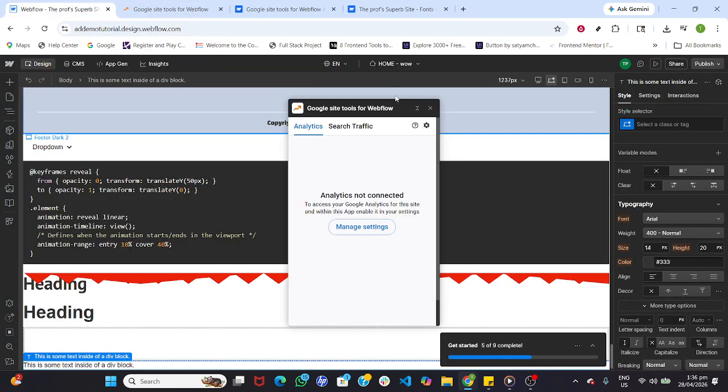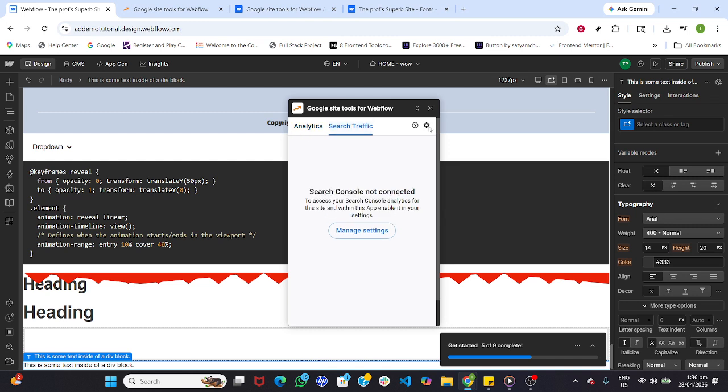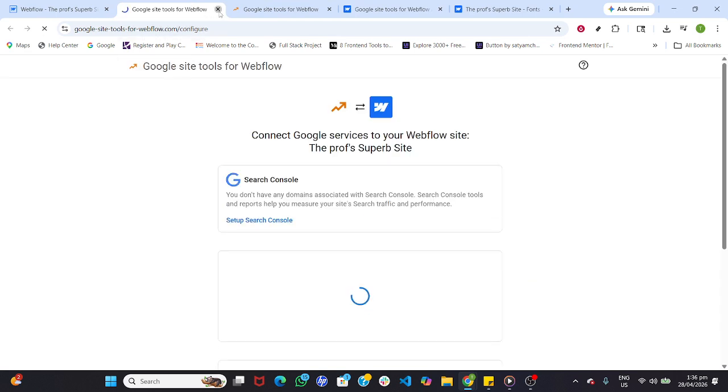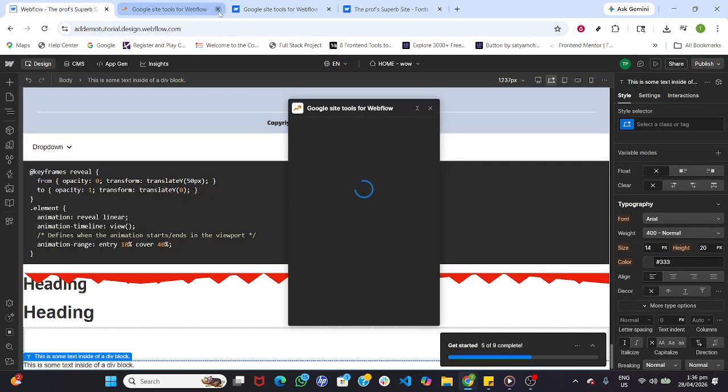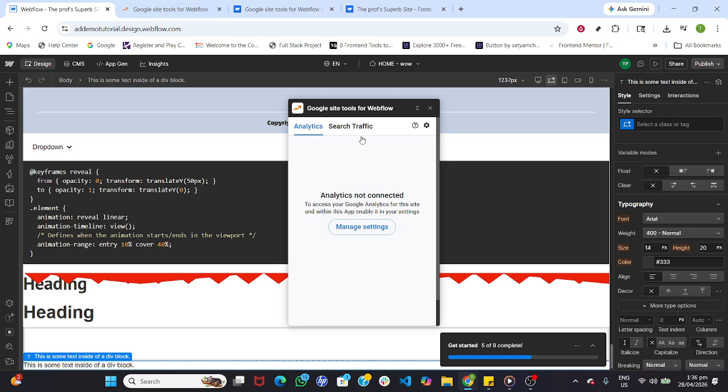The connection is established. From this point on, your Webflow site is linked to Google Tag Manager through the app, so you can add and adjust tags from the Tag Manager interface without manual code embeds. It's cleaner, faster, and far less error-prone than copying